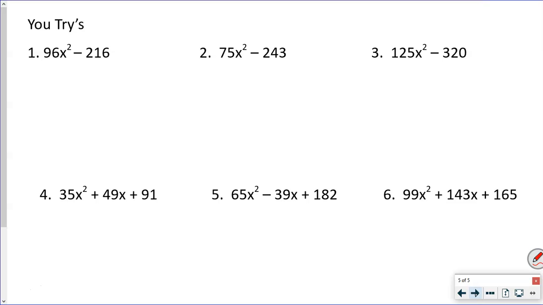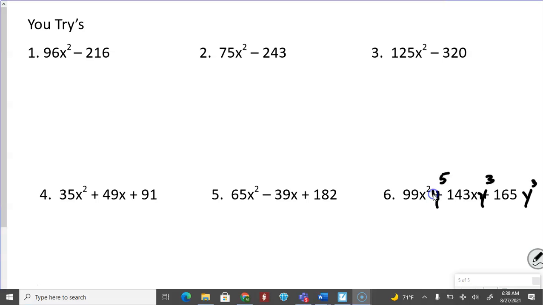All right, so now let me go ahead and fix this number 6 because it's not like what you guys have on your paper right now either. So let me go ahead and fix it. The original was x squared y to the fifth. And then this one is x y to the third. And then this one is y to the third as well. Okay, so